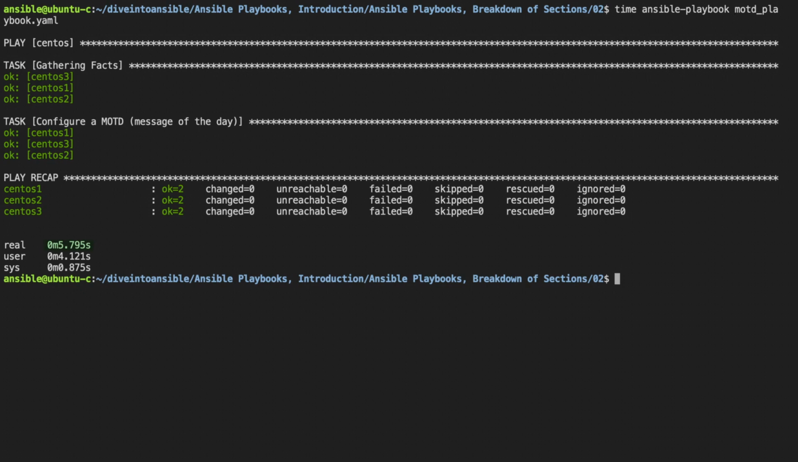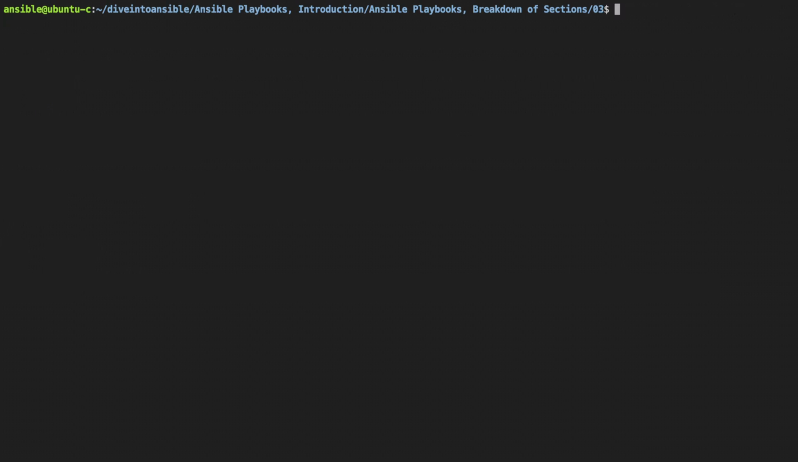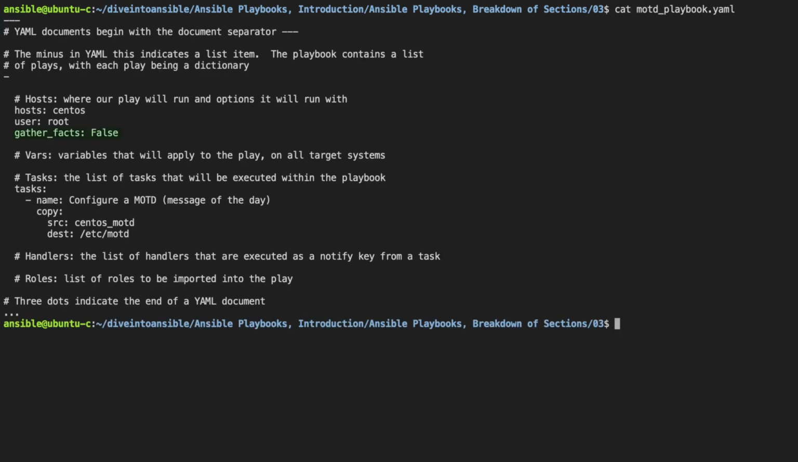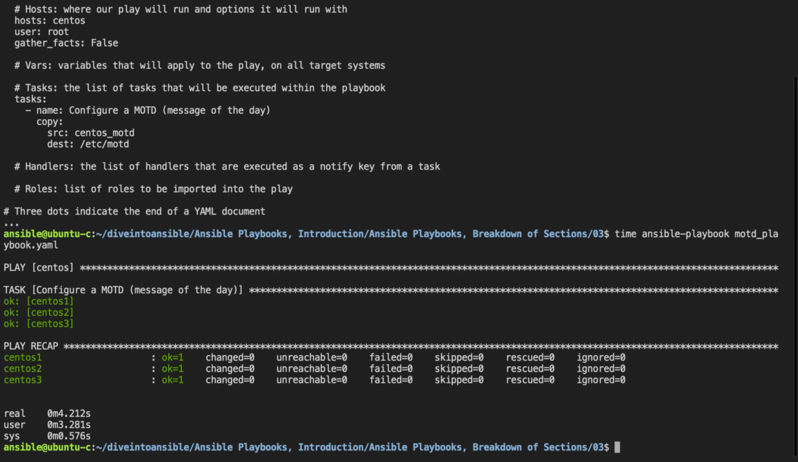So we can see that took 5.795 seconds. Let's go into revision 3, and if we have a look at the playbook now, you can see there that we have gather_facts as false. Let's give this a try and see how long this takes. So we were able to reduce this to 4.212 seconds, and you'll also notice there that we have an OK